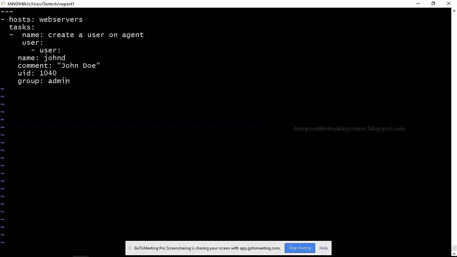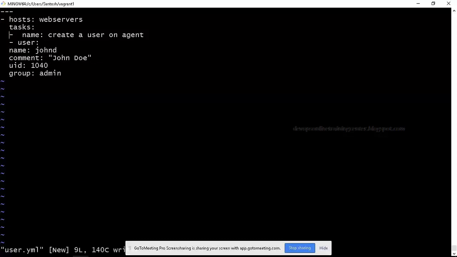Let's delete this. Is the syntax right? I think the indentation is off.